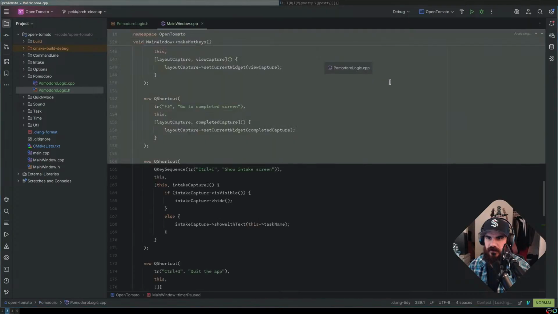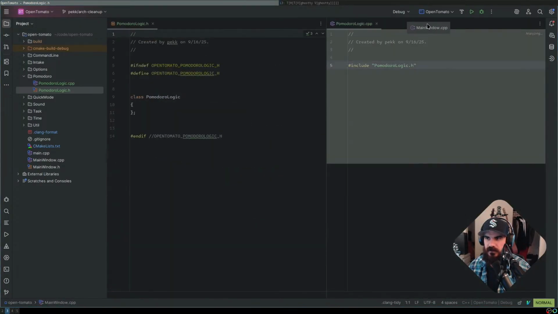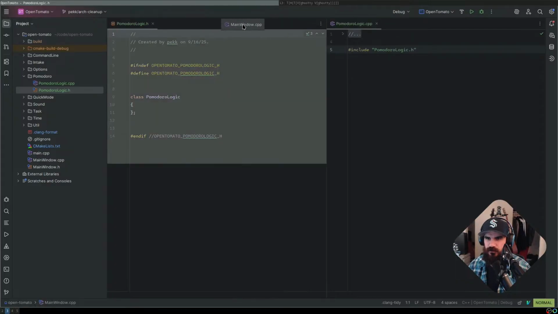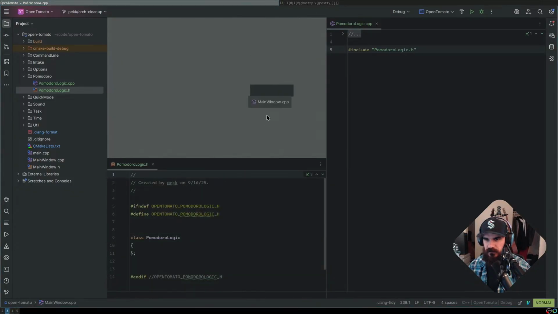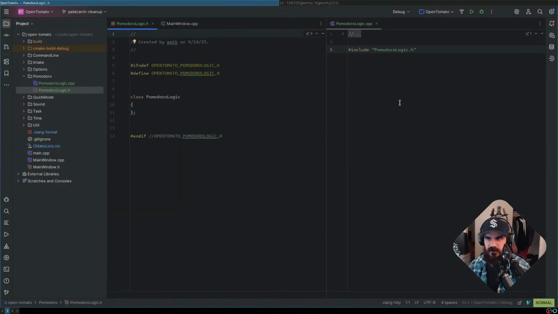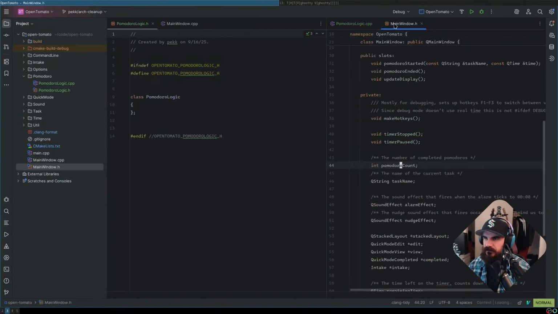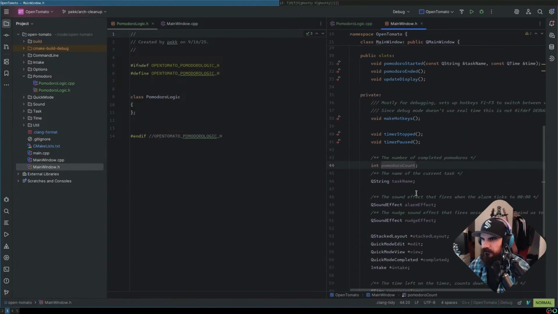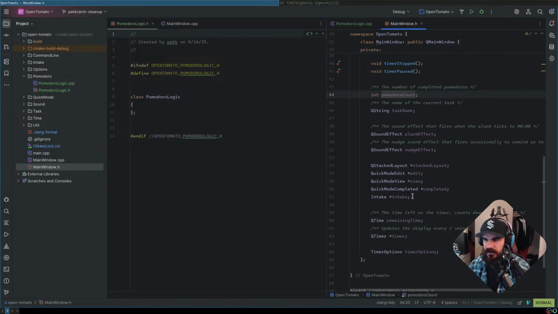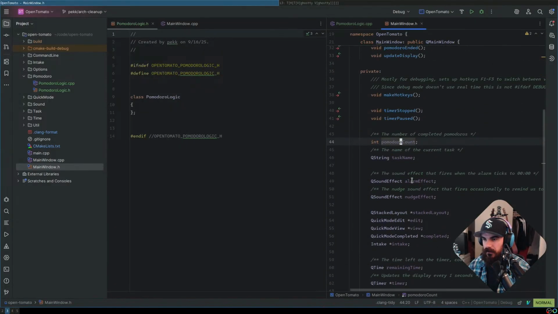So I guess a good way to do this is to throw these like this. It's gonna be weird because I'm gonna flip them and put the header over here. This way I can have two things side by side that I can switch between, right? That's just how it's gotta be. Okay.